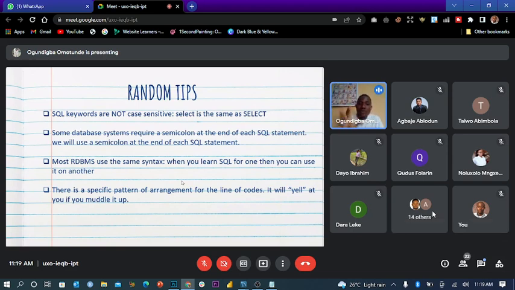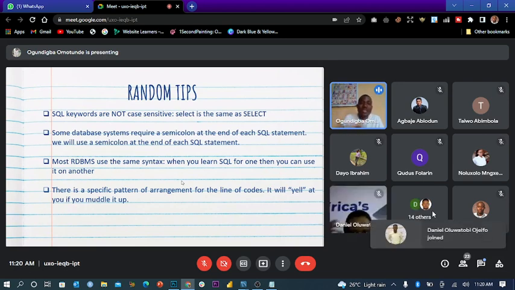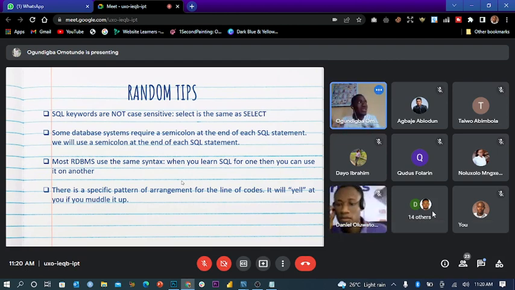If you know how to run SQL on MySQL, then you can do the same thing. You can take that same knowledge to PostgreSQL, it will still run. The only difference is the interface of the software. MySQL interface is different from PostgreSQL interface and PopSQL and what have you, but the syntax itself is the same.